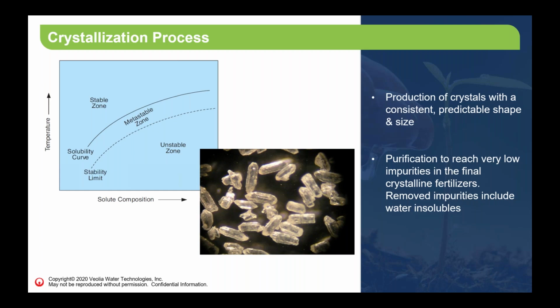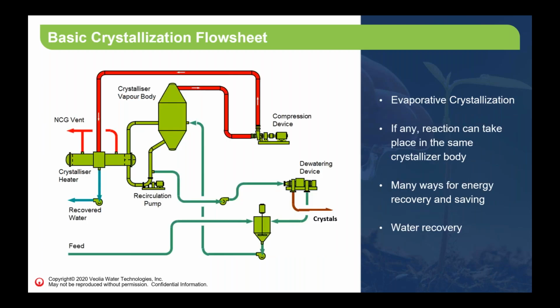And when I say impurities, I mean even water-insoluble impurities that the fertilizer producer can sometimes specify in their spec of the final product. So just to give you an idea about how a basic crystallization flow sheet looks like, this